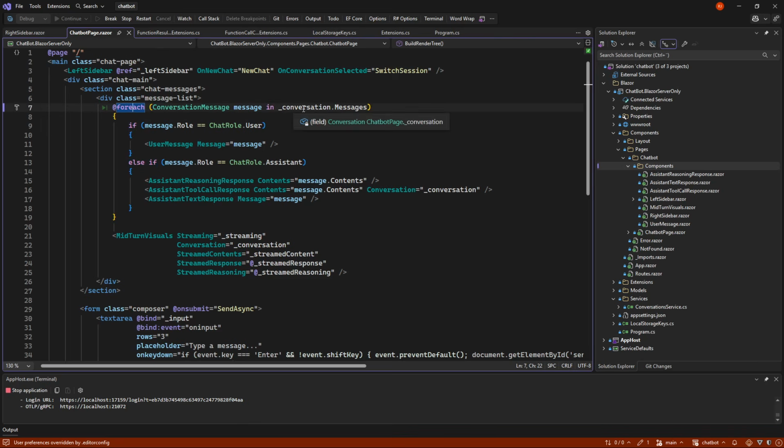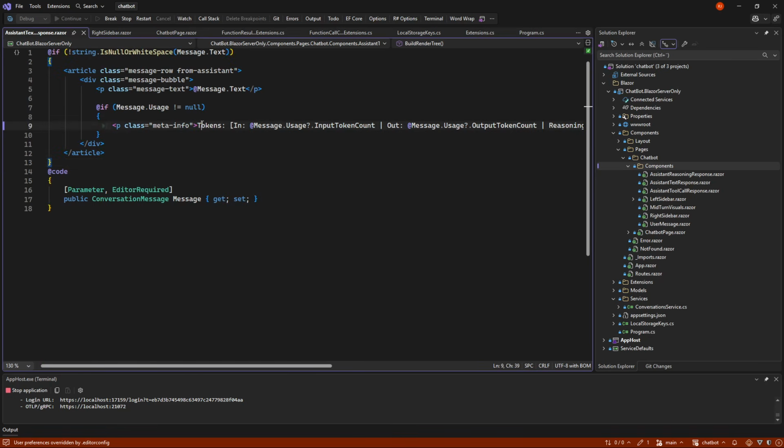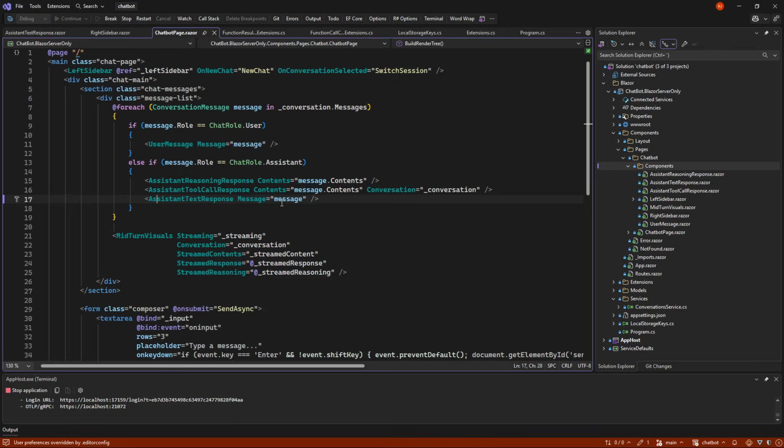Whenever we have messages back from a conversation, we will show them in a list here. We will show the user parts, which is the right-hand side of a chat bubble message system. And we're going to use the assistant part, where we're just going to show the text and the usage tokens. So just a normal message with the text coming out directly from Agent Framework. But in the other videos, we will look at how we put out reasoning, not the visuals as much, but how we actually get them and why this is more difficult.